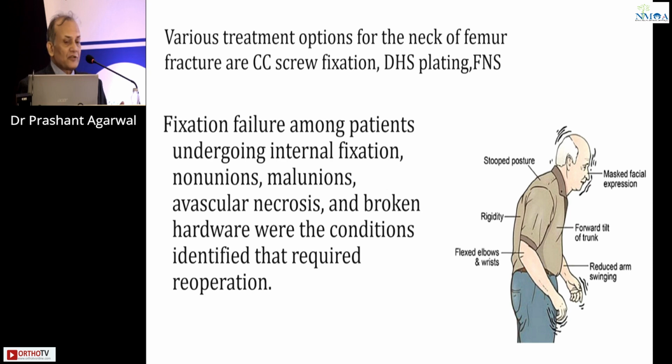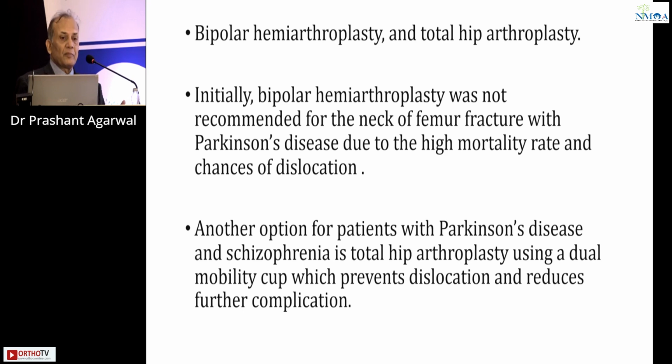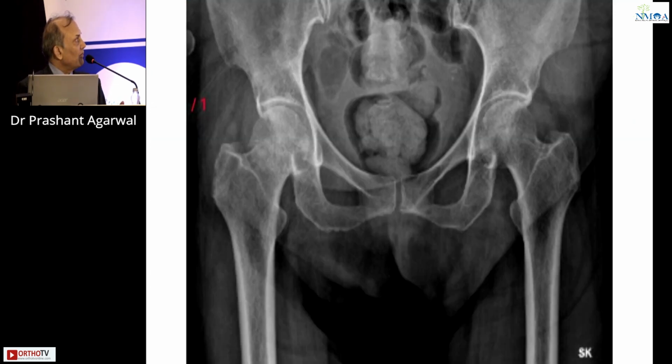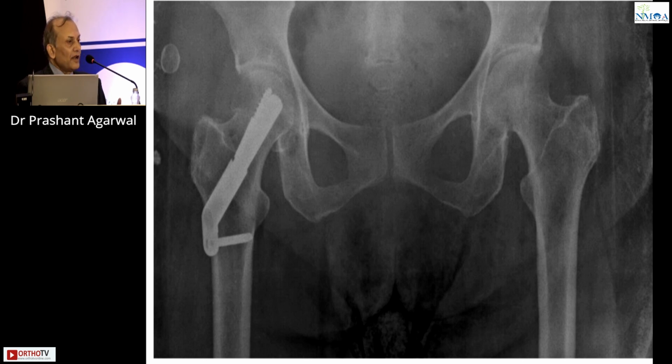Fixation of this fracture definitely has its own complications like avascular necrosis and broken hardware, and the patient may need to undergo a reoperation. That is a main concern. But if we think about doing arthroplasty in this group of patients, it also has associated complications, like dislocation being the most important complication, or maybe a periprosthetic fracture, which we have to keep in mind in this group of patients. This is one patient where we have done fixation with the help of FNS, and